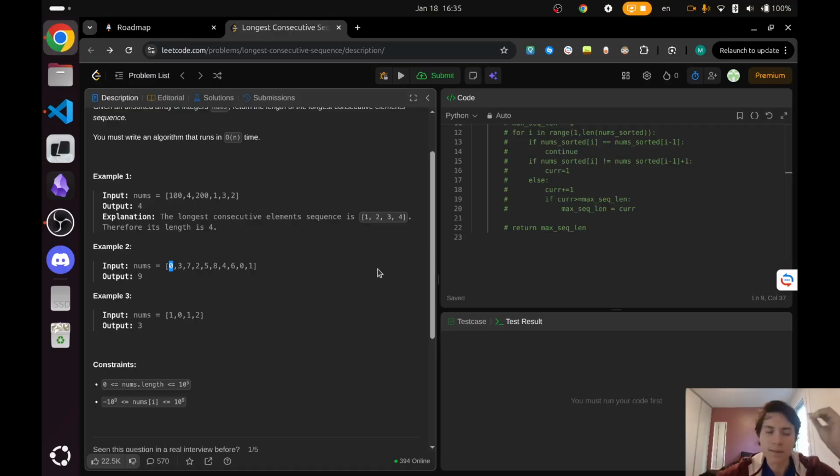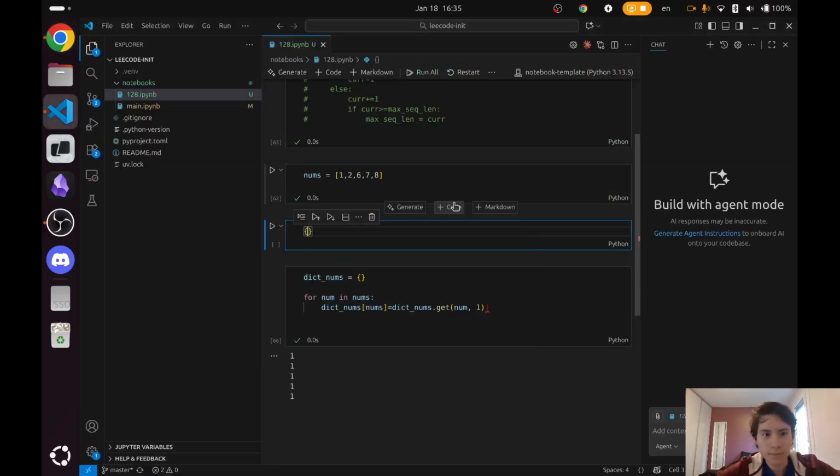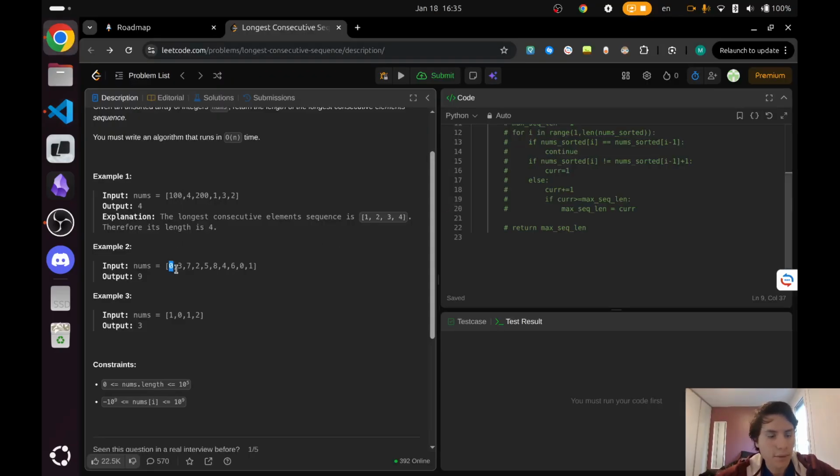Okay, let's go again, overview. I'm gonna get the 0, and then I'm gonna add it to the dictionary as 0, 1, like this. I want to have 0, 1, and then I'm gonna go with a 3, and I'm gonna add,